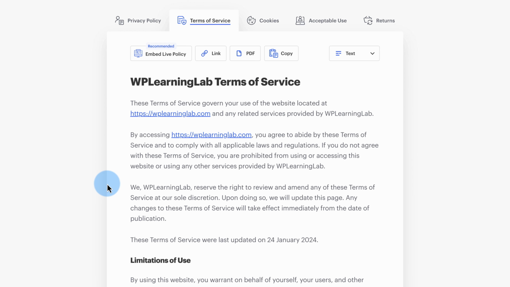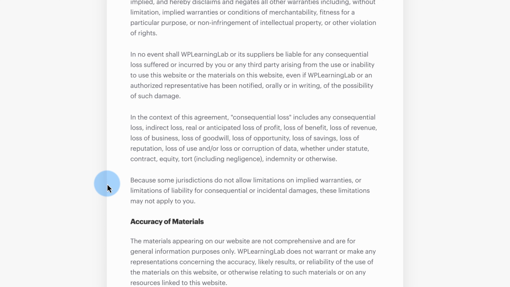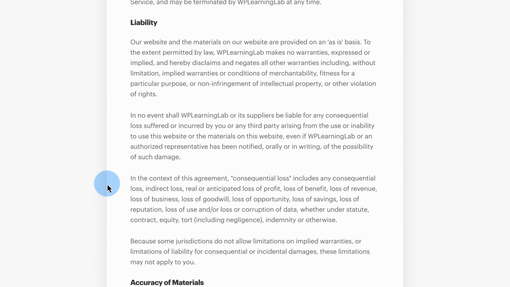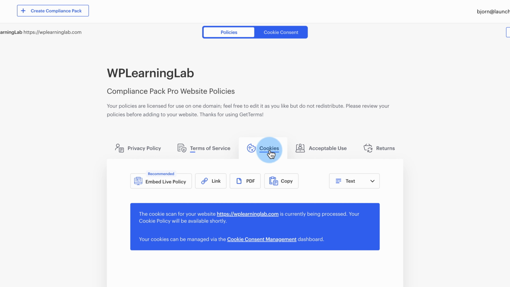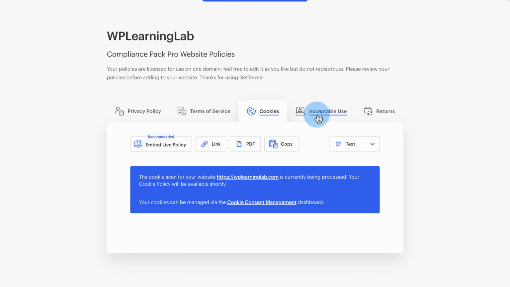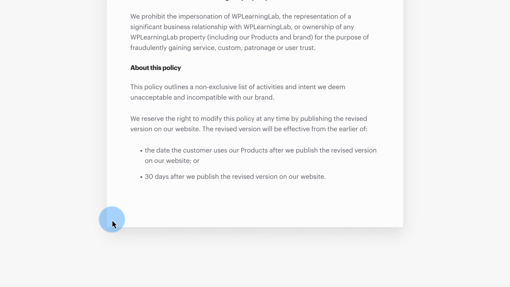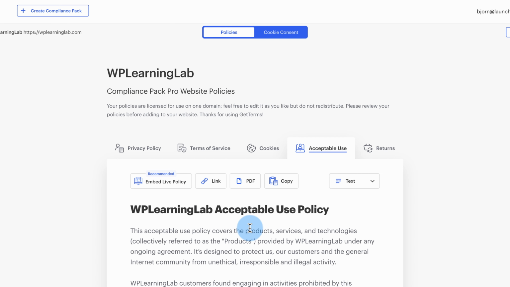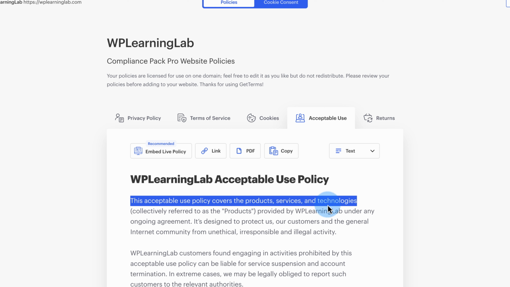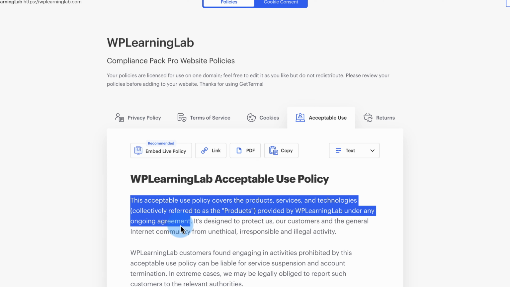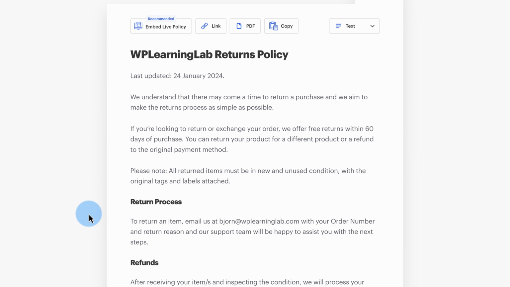Terms of service, much shorter. And we have cookies, still working on that. Acceptable use, a lot shorter. I don't even know what this is really for. Covers products, services, technologies, provided by WPLearningLab under any ongoing agreement. Oh, well, there you go. Return policy,